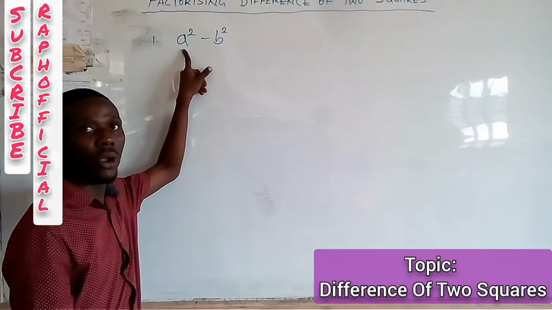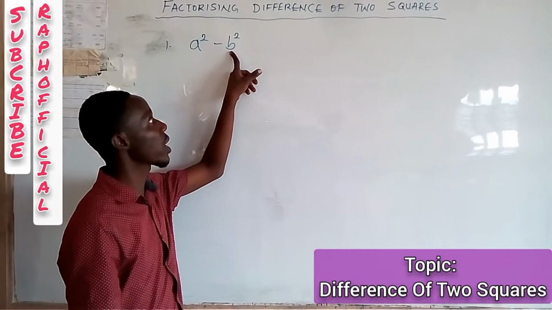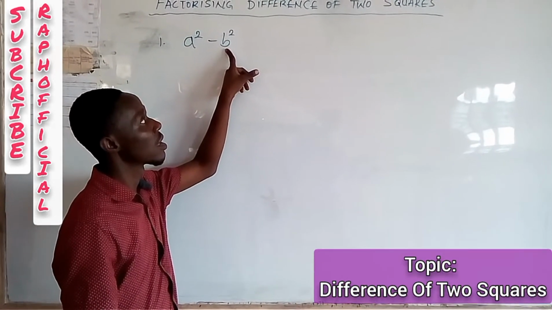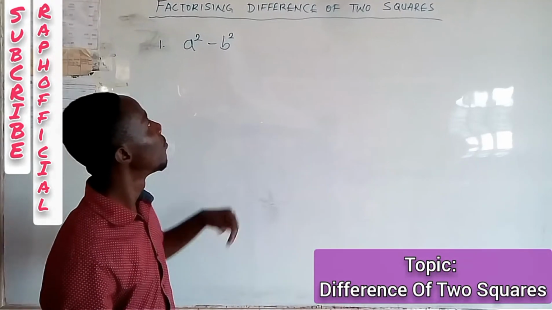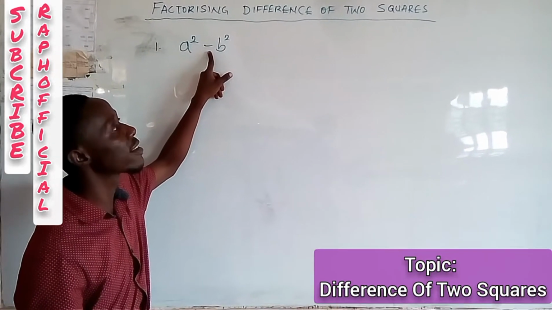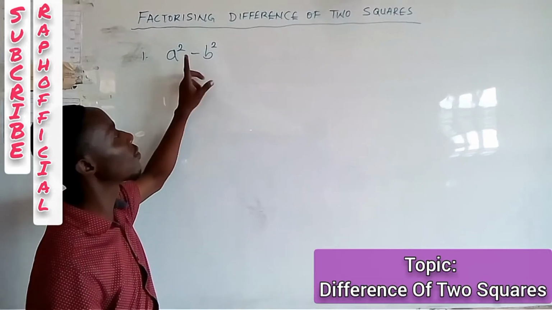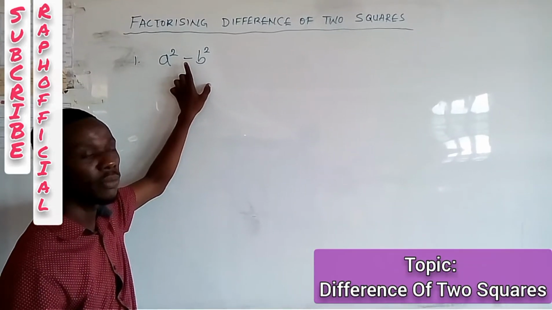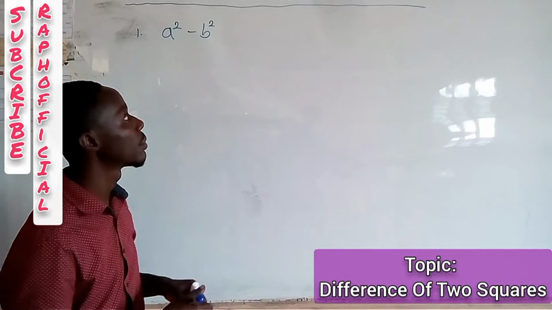This one, a, is a square. The b is also a square. Therefore, they are two squares. Now, what do we have here? Minus. The minus indicates that there is a difference between them. So we have difference of what? Two squares. And if we want to factorize them,